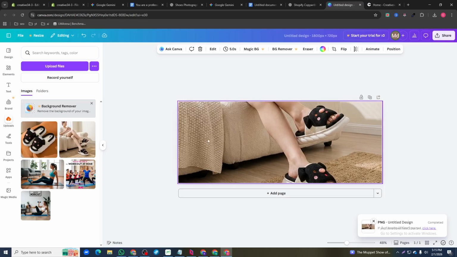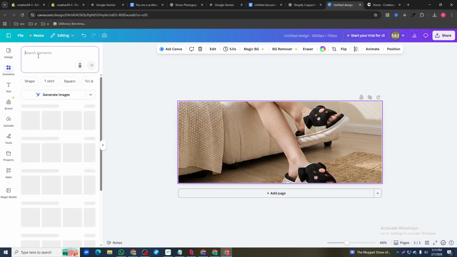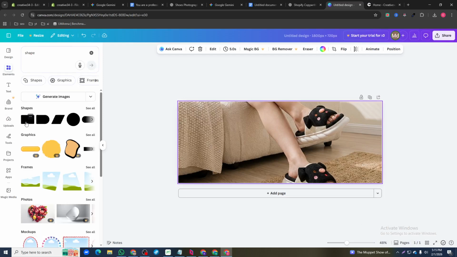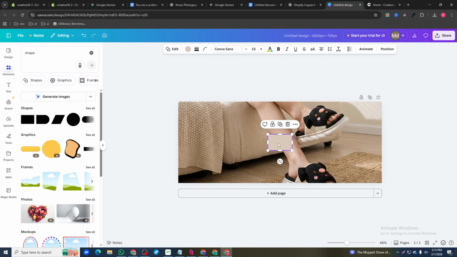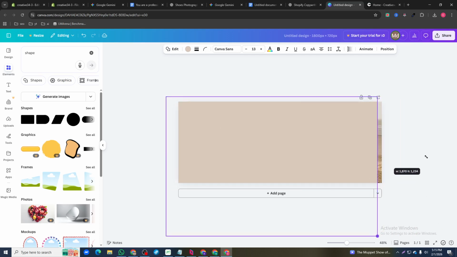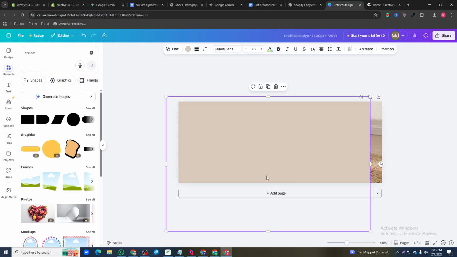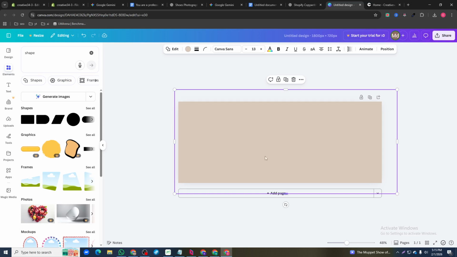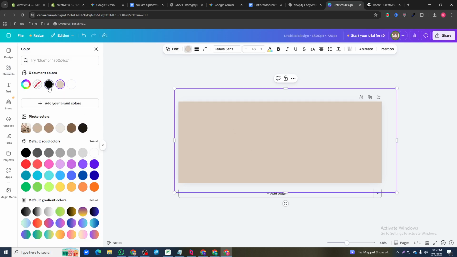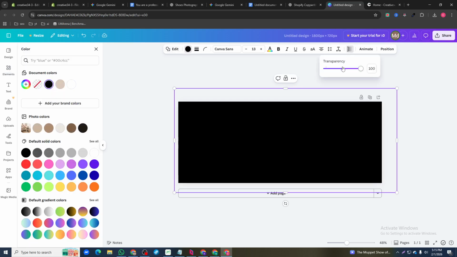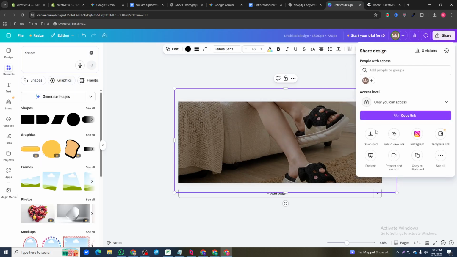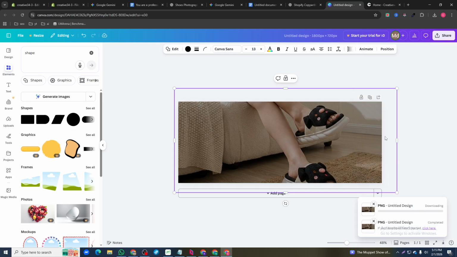So in this case, what I'm going to do is come to elements, click the shape, and then select this one, and make it bigger, something like that. Once I have done that, I'm going to scroll down, click over here, black, and opacity. I'm going to lower the opacity a little bit so that our text shows well. That's my main goal.